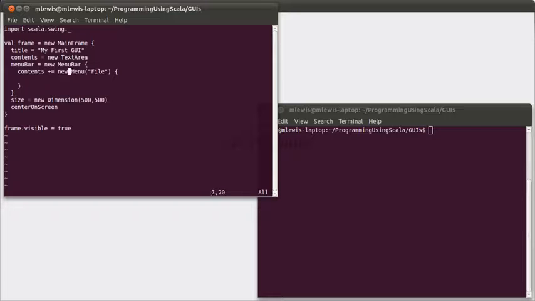So we have a file menu and we need to add some options to it. What can you put inside of a menu? There are a number of things. Well, one thing you can put inside of a menu is another menu. So you can put submenus in there. Most of the time though, what you're going to add are menu items. And so in this case, we are going to create and add into the menu